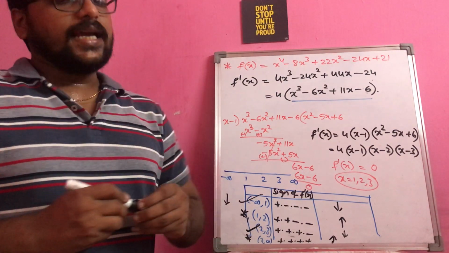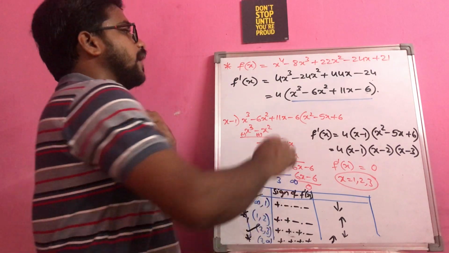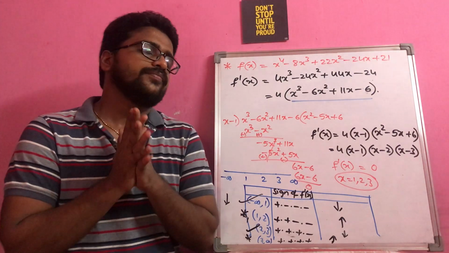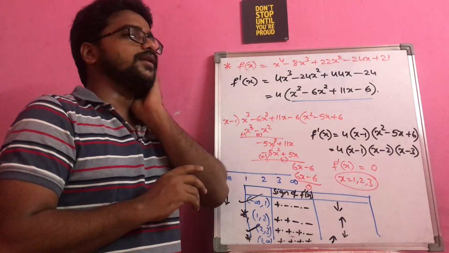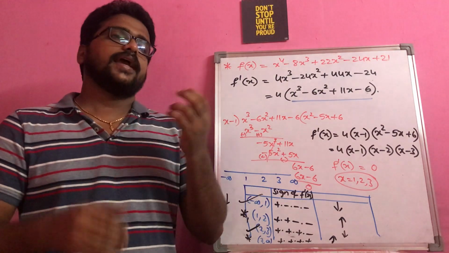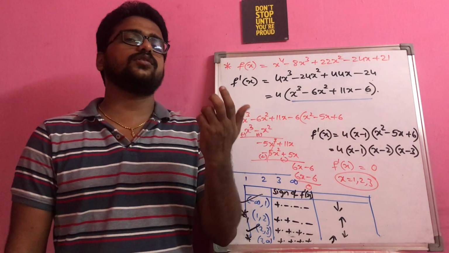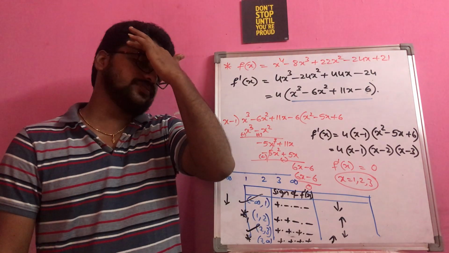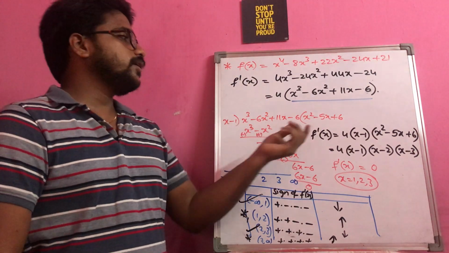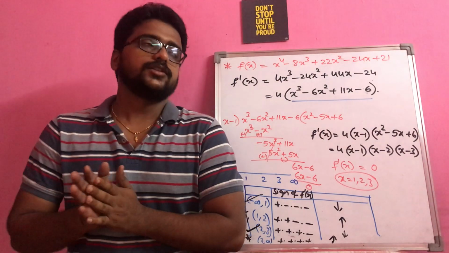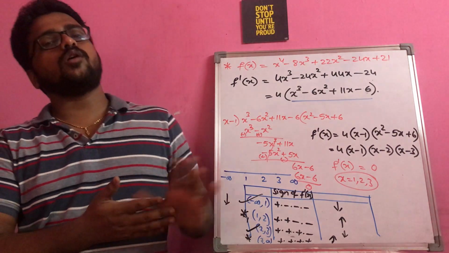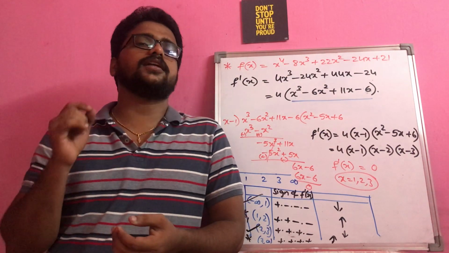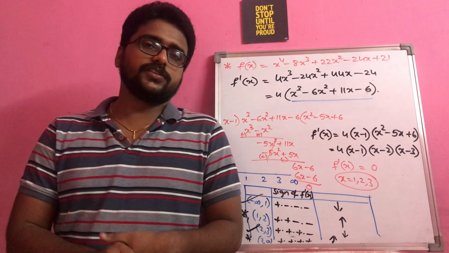So the takeaway from this question is, whenever you are having a cubic polynomial, don't worry about that. You just have to take care of how to factorize this polynomial, and generally x equal to 1, x equal to minus 1, x equal to minus 1 by 2 are the general values that will satisfy the cubic polynomial, and accordingly you will get the factors, right? So this is the last important model from the increasing and decreasing functions. In the next video we are going to start the topic tangents and normals, right?